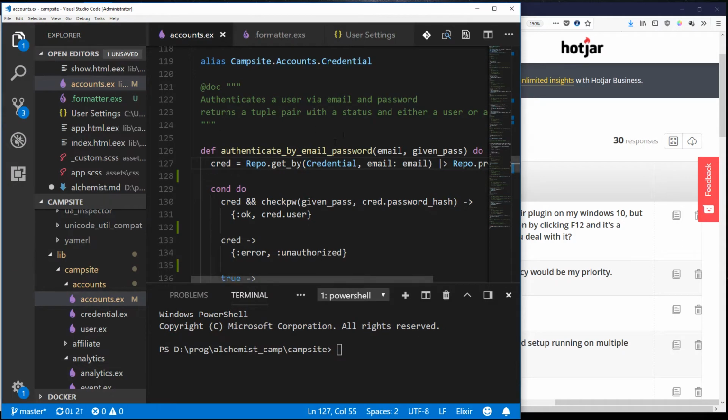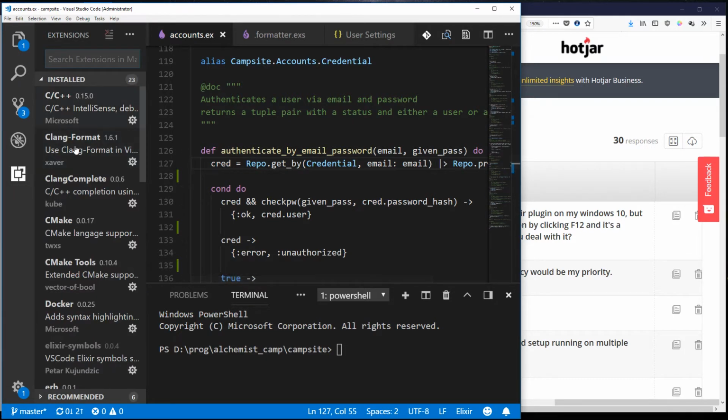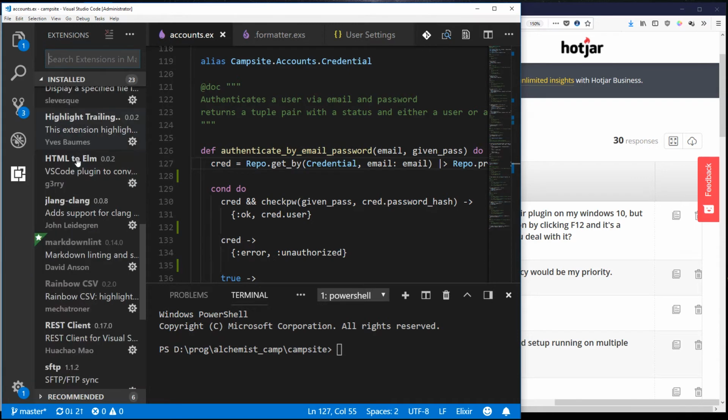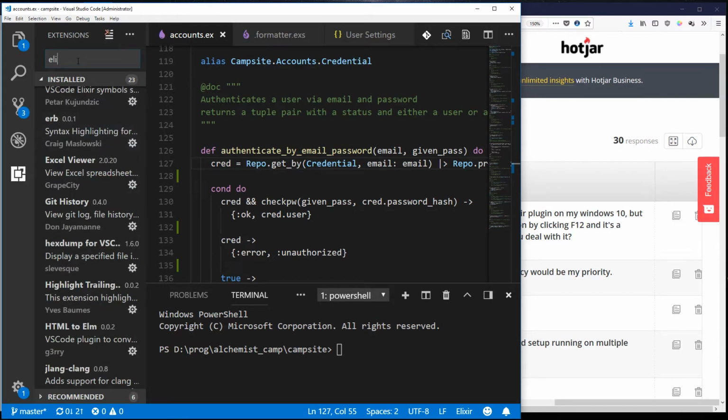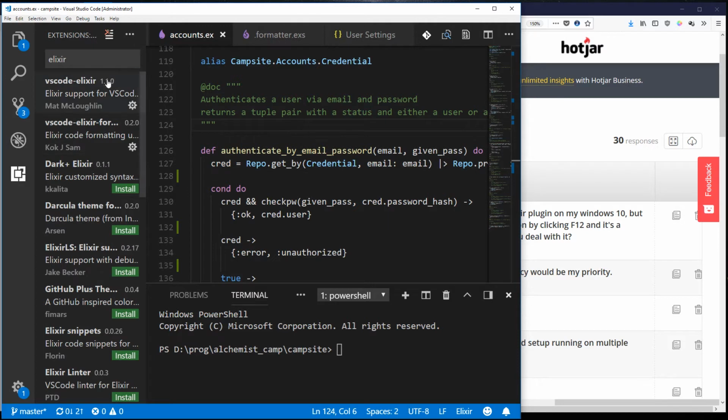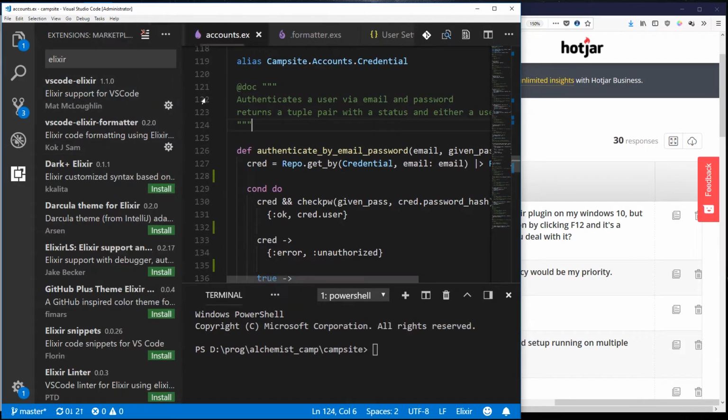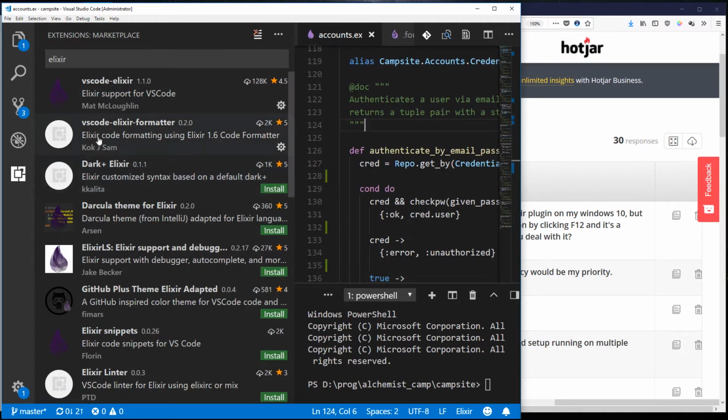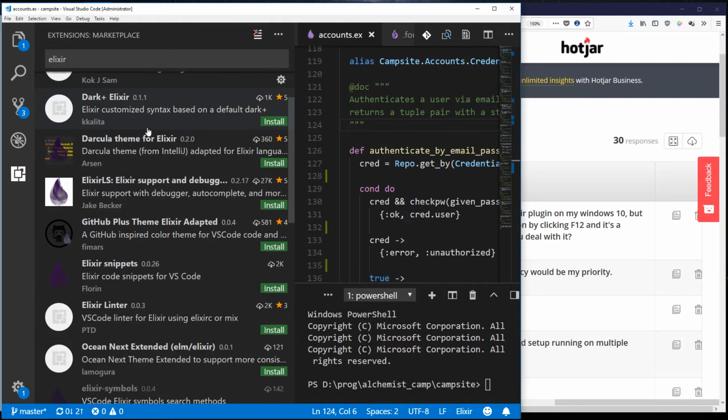All right. First, here's my Visual Studio Code, and let's look at the plugins that I've installed. You can see there are a lot. Let's filter that down to Elixir. I use VS Code for Elixir, which is pretty much the main one. Let's pull this out a bit. I use the VS Code Elixir formatter, which we're going to need in a moment for the formatting stuff I'm going to show you. Notably, I do not use Elixir snippets because I make my own snippets,